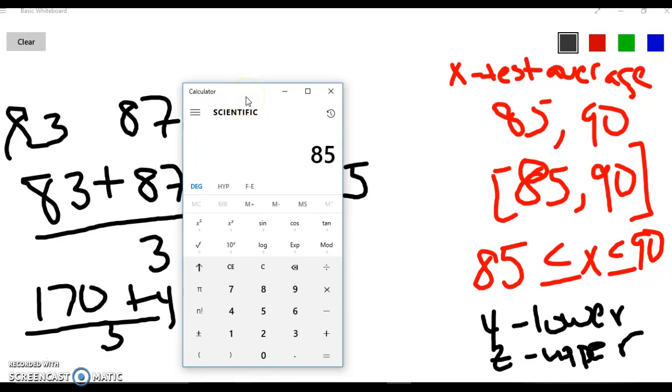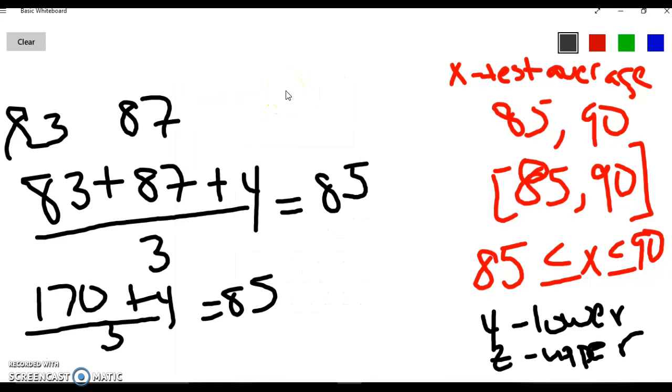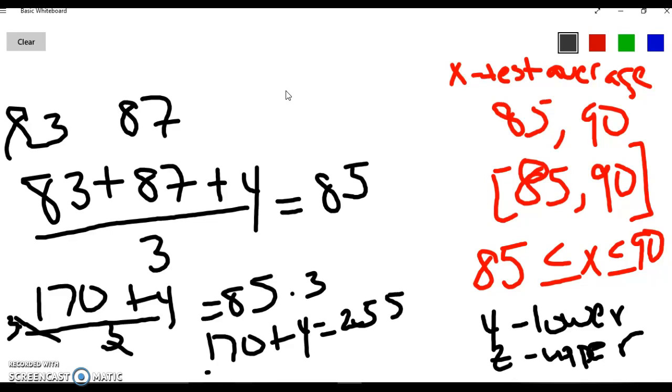So I get 85 times 3. It's 255. So I multiply by 3 here, multiply by 3 here. So my 3's cancel out. I'm going to put 170 plus y equals 255. Subtract 170 from both sides. And I get y is equal to